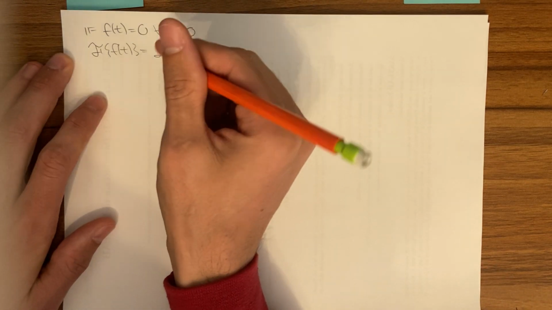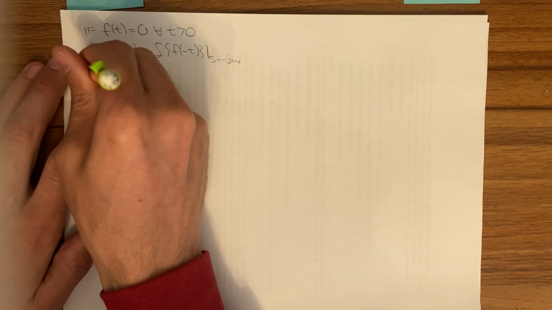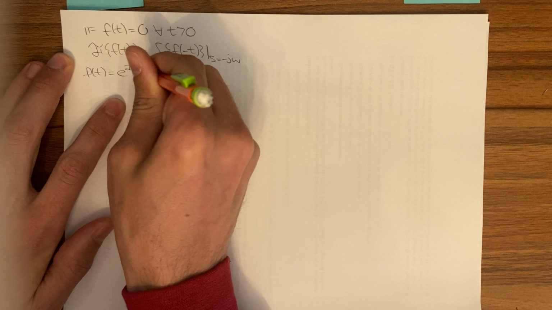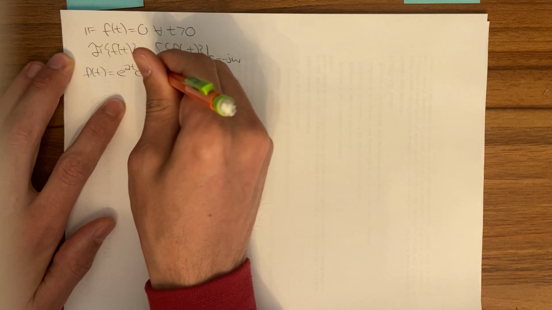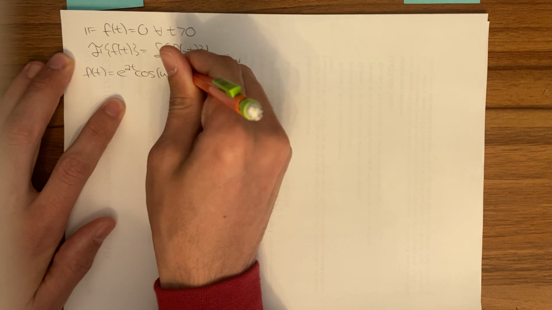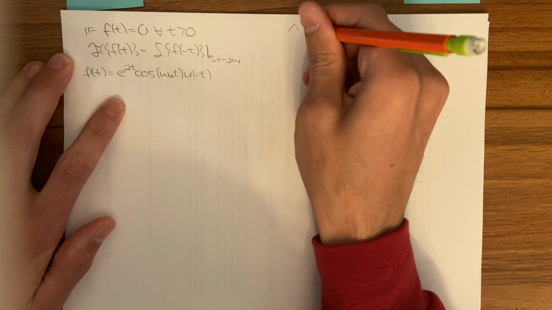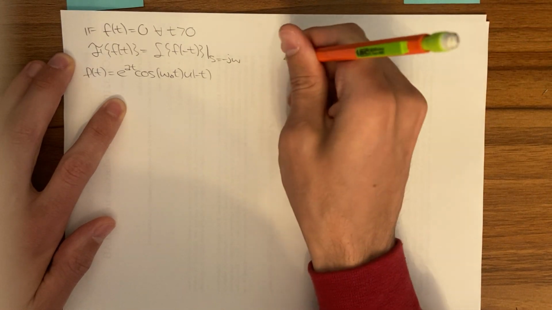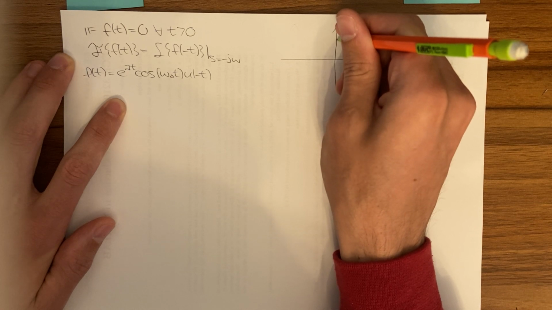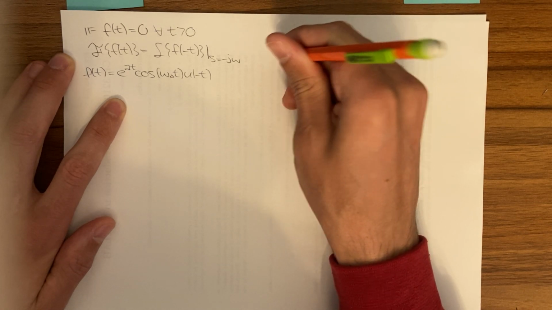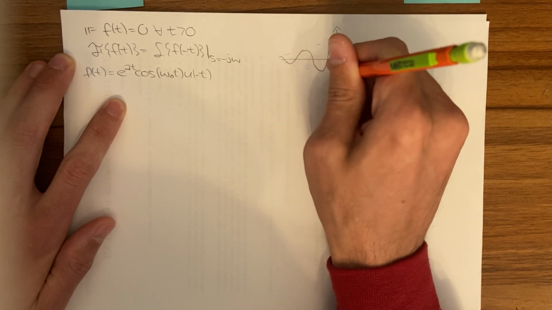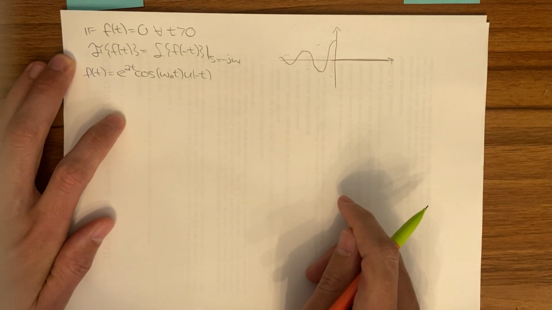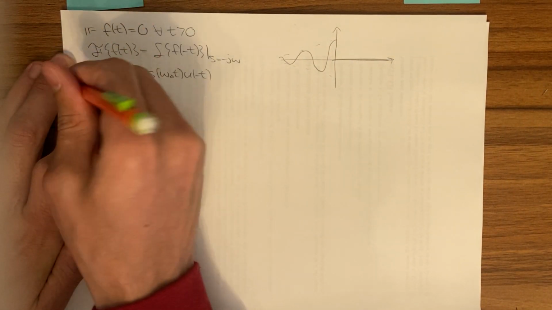Okay, so we can do an example. We'll sort of do the same example. So suppose we have f of t equals e to the at cosine omega naught t u of minus t. Now, if we were to plot this thing, just to show you the behavior here, it's going to be a decay envelope as time goes to negative infinity, but on the positive side, everything's 0. Okay. So to do this, then,